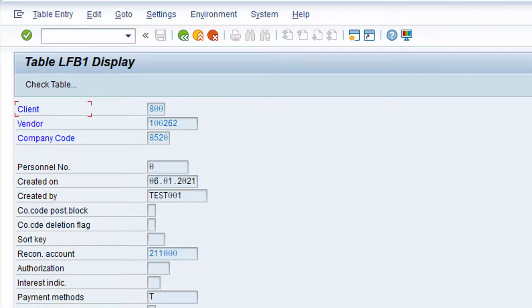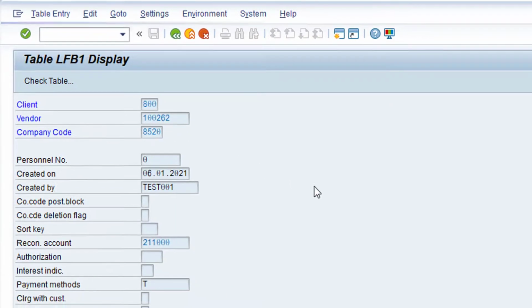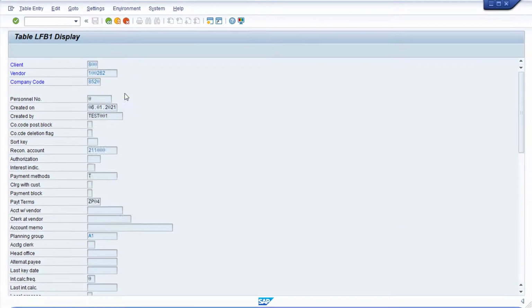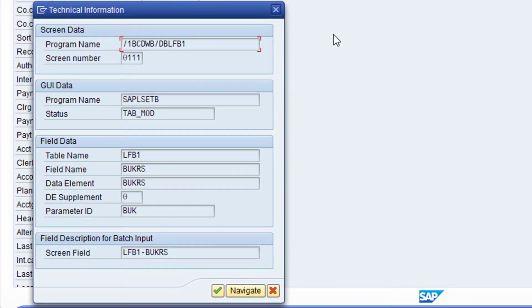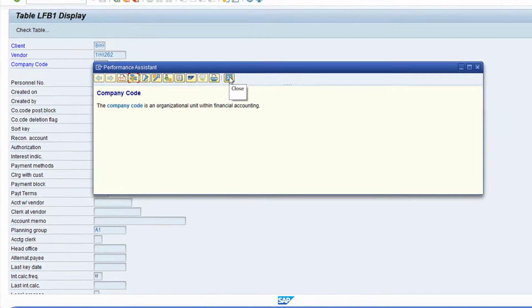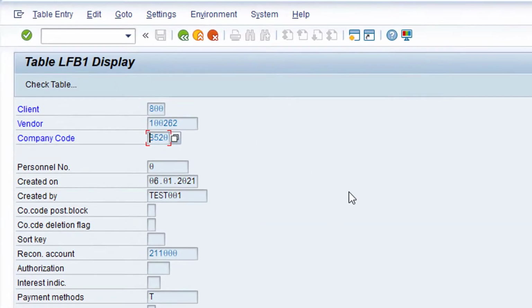Now click in the Company Code field and press the F1 button on the keyboard. Click on the Technical Information button. And note the table name and the field name. Click the Cancel button, then click the Close button. We now have all of the field names from table LFB1, so we can click the back arrow 4 times to return to the SAP main menu.